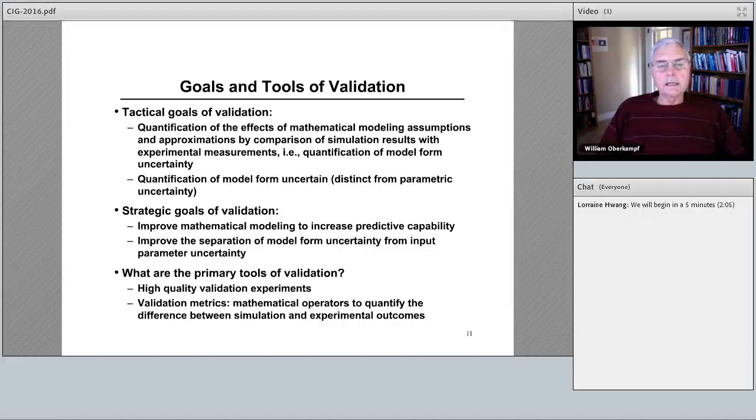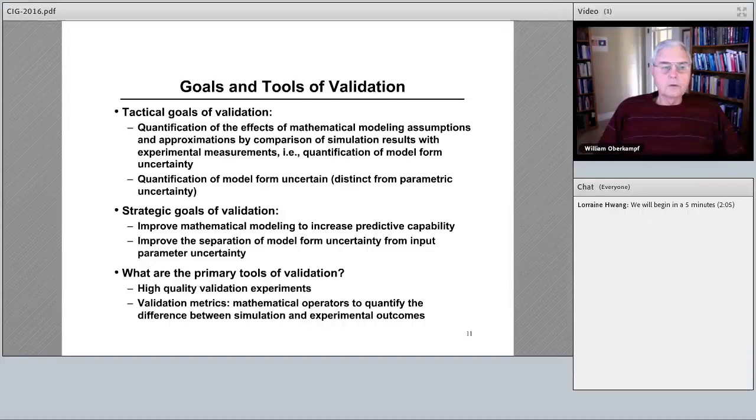And you might say, why is that difficult? The reason is that it is commonly mixed with what's called parametric uncertainty. That is uncertainty in parameters to the model, with input parameters being the general category. So that is separate from the quantification of model form uncertainty itself, as opposed to parametric uncertainty, and that's where calibration comes into the problem.